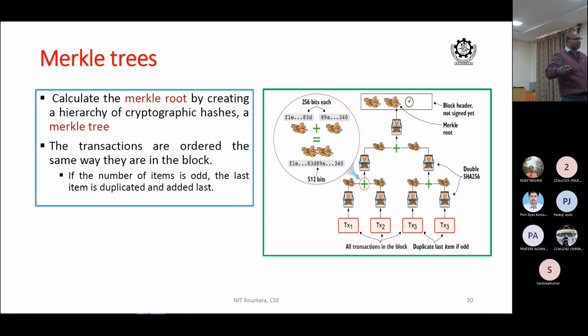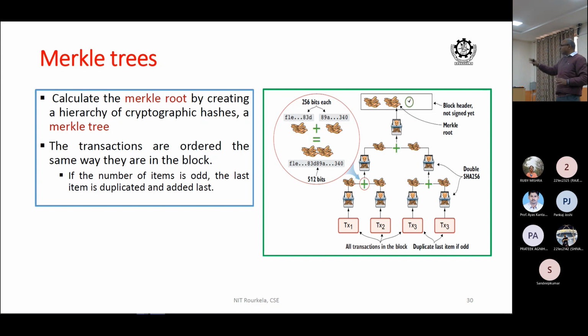Look, you have made a transaction. There are many issues here also. You made a transaction. I am a miner, and I looked at your transaction, and you are paying me a lower transaction fee. The processing charge is less, so I will discard it. I will not put your transaction. A scenario may happen that you made a transaction, and none of the miners want to put your transaction in the block. So there is another issue with the blockchain itself, and there are solutions to overcome this one. So we are not discussing that part.